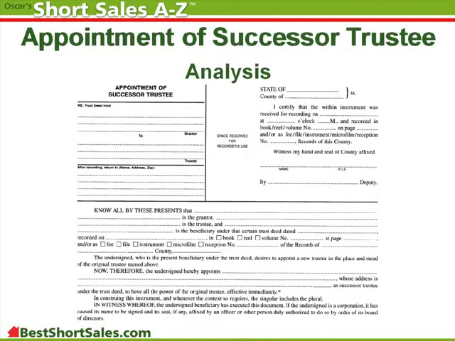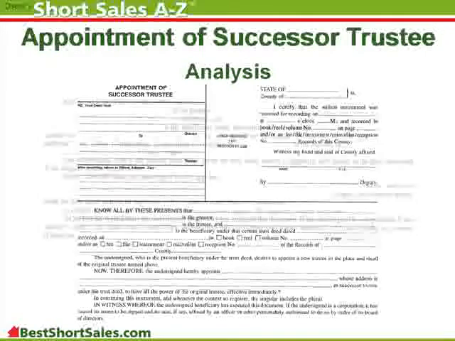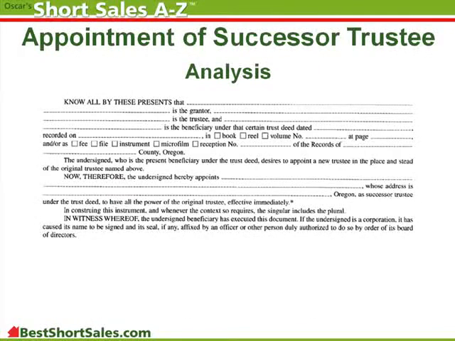Appointment of successor trustee. In case of default, if the beneficiary decides to begin foreclosure, a successor trustee will be appointed. This is a good sample document. It reads, "Know all by these present that Mr. and Mrs. Homebuyer is the grantor, Mr. Attorney is the trustee, and Mr. Big Bank is the beneficiary